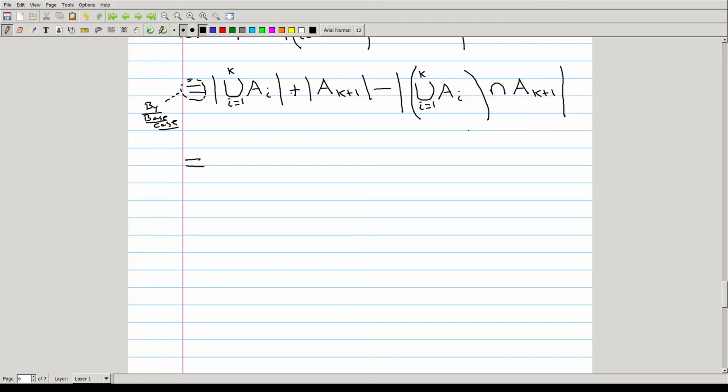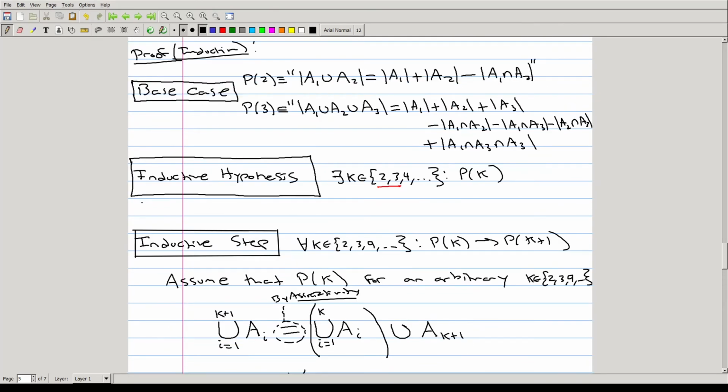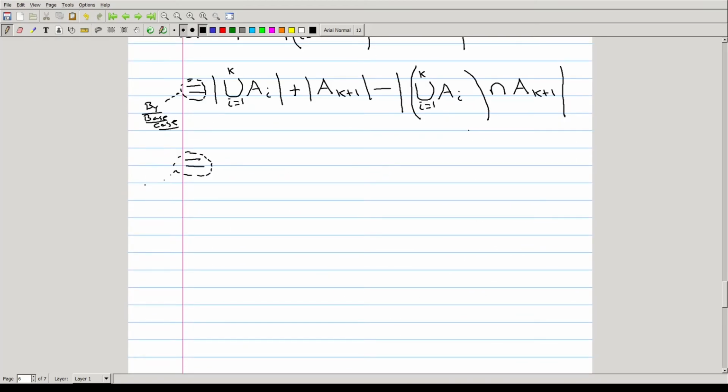First, we can consider what the cardinality of this union of the first k sets is going to be. And by our inductive hypothesis, in our assumption at the very beginning of the inductive step that P of k is true for some k in the integers, sometimes called the inductive assumption, we have that this cardinality of this union right here is going to be the same thing as